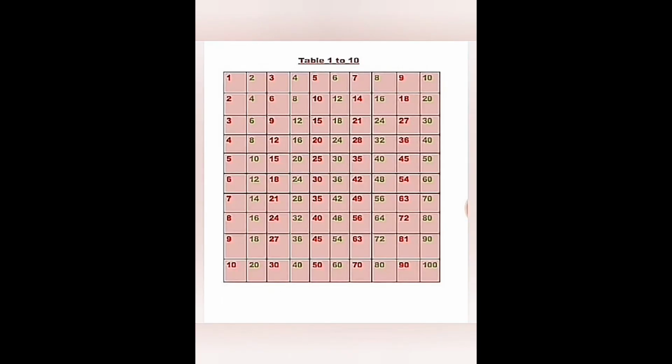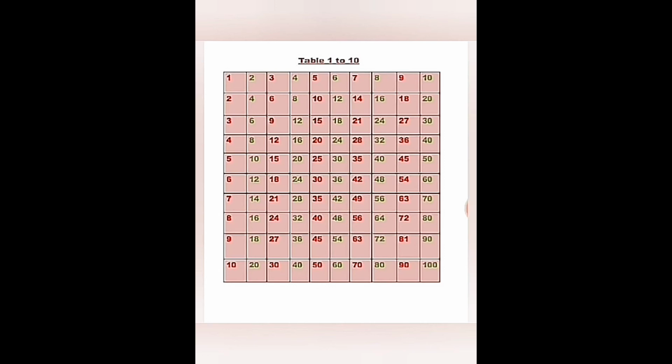Now I am going to tell you a shortcut to learn the table 1 to 10. So if you have learned up to 5, that is 1 to 5, you will learn 10 5 ja 50. You will ask me how? Actually, 5 10 ja is 50 and 10 5 ja is also 50.